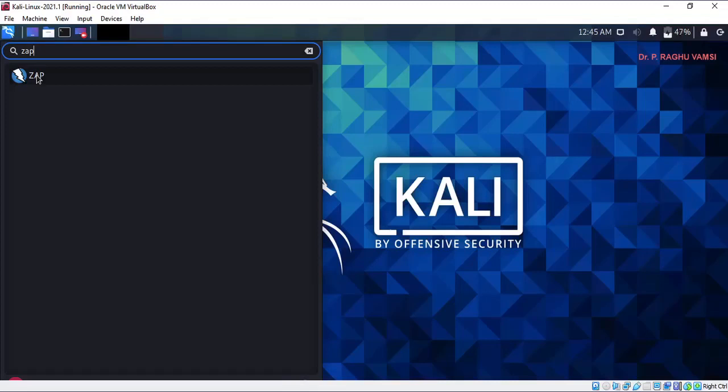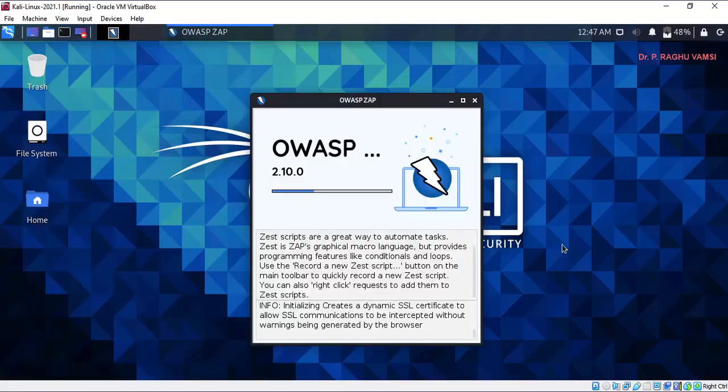Previously, Zap was not there, so you needed to install it externally. I am currently using the 2021.1 version, which is the latest, so this Zap tool is available in it.